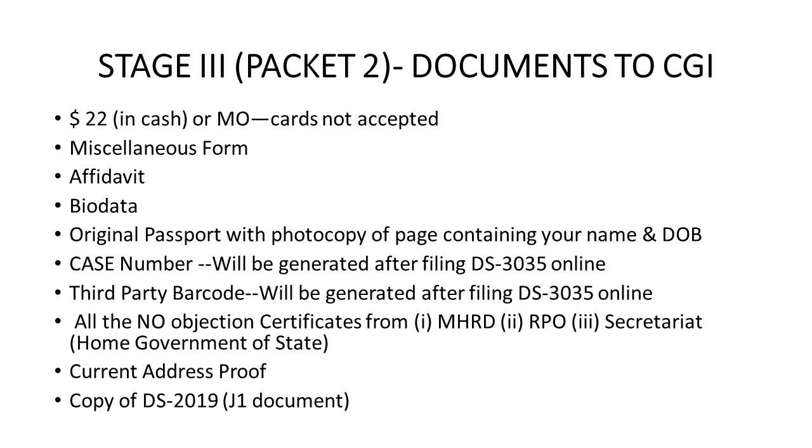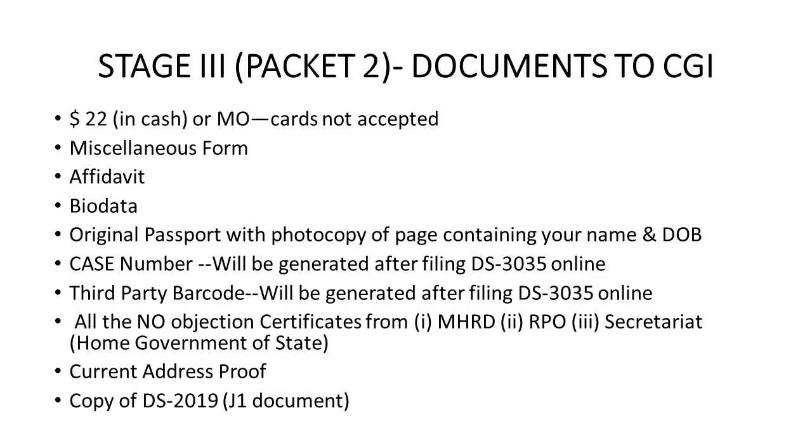The clearance certificates or NORI certificates you received from the Government of India from 3 different departments, take these certificates with you. Also take your passport with you. Also take your current address proof with you. Take $23 in cash with you, and also take a copy of your DS2019. Whichever number of DS2019s you have till date, take all of them with you.